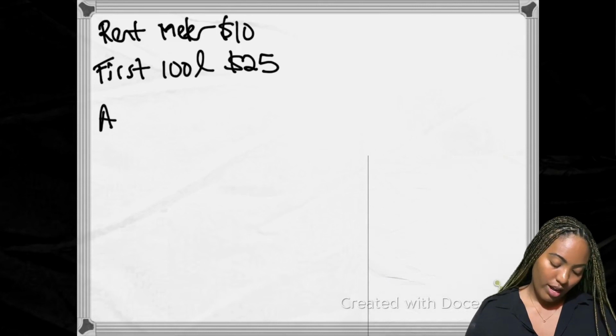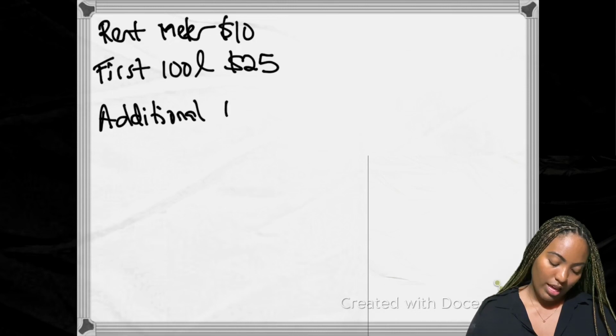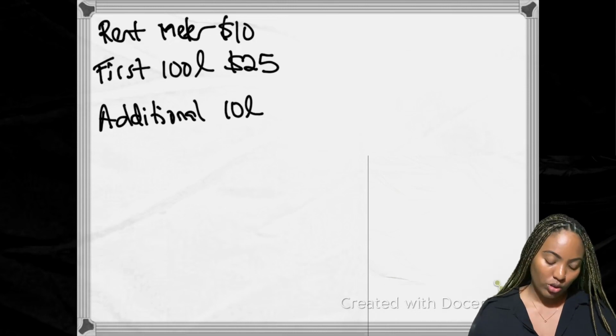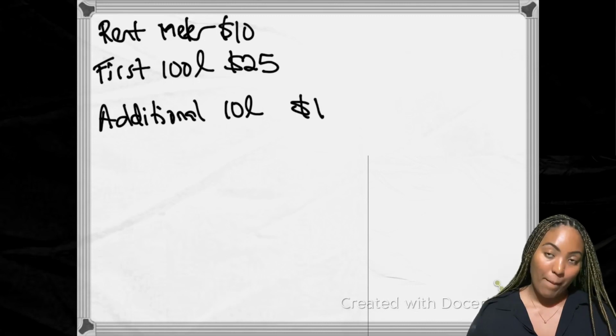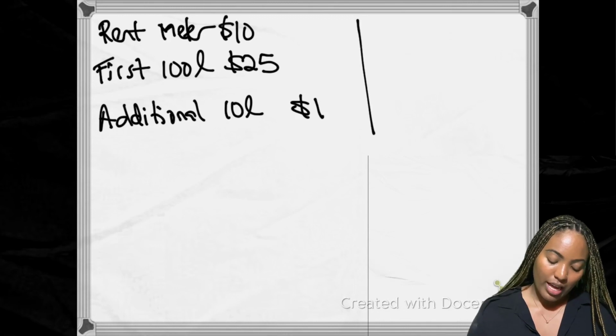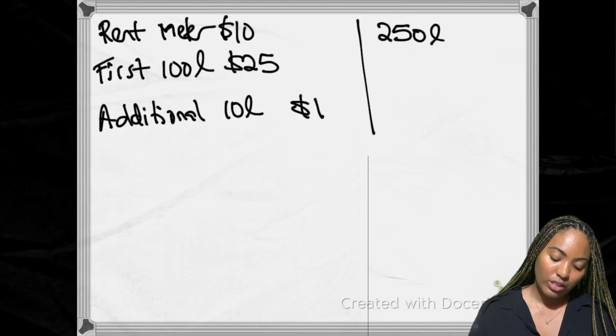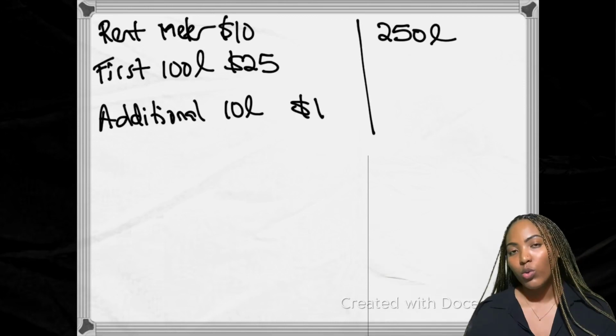For every additional 10 liters beyond that first 100 liters, we will pay $1 per 10 liters. They then ask us, if we use 250 liters for the month, what would our actual bill